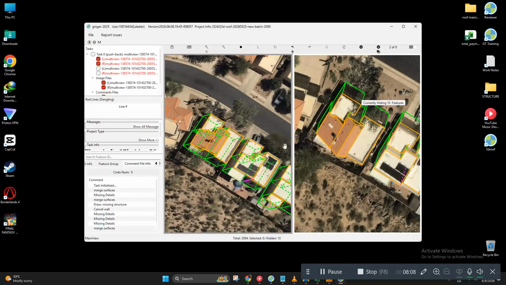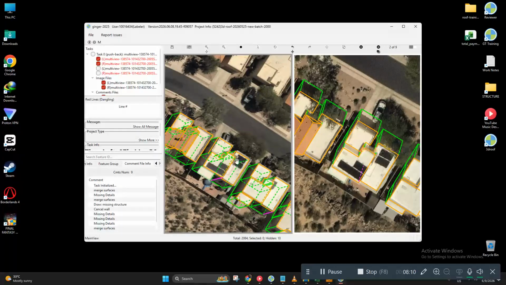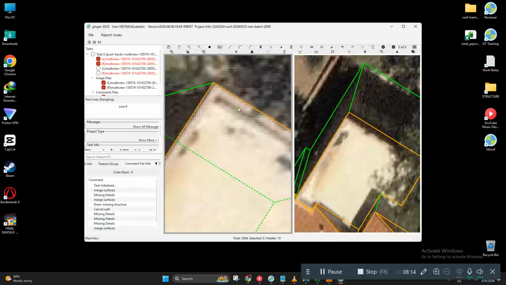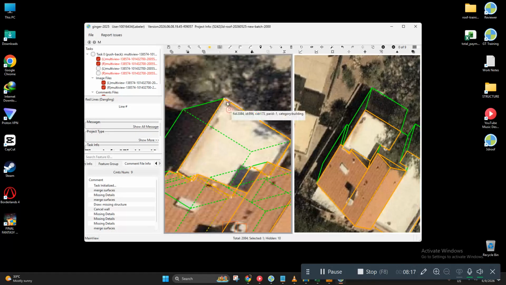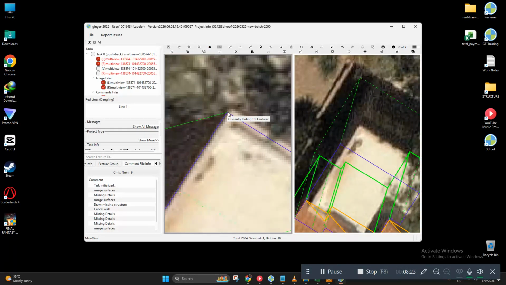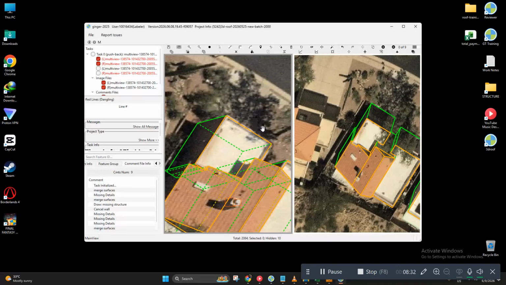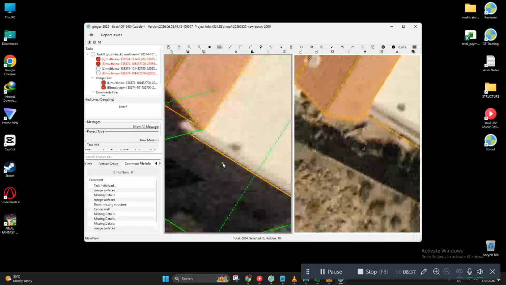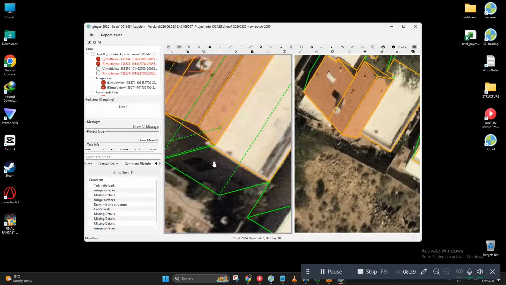We need to do a minor adjustment here. When using Alt, you need a bit of patience. And lastly, this extension.